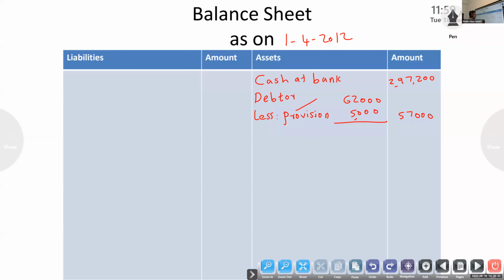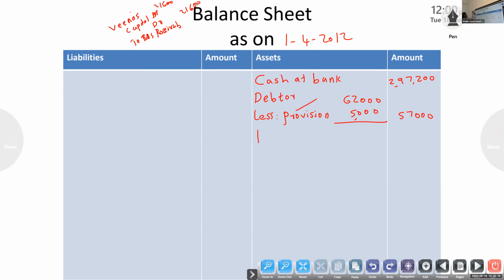Okay, next one, bills receivable. Whether we will write it in this account? No, because it is taken over by Veena. So you write one entry in your notes, because if they ask for a journal entry, you have to write Veena's capital account debit to bills receivable, 21,600. If they ask for a journal entry, we have to write that entry also. So here two entries will be there.